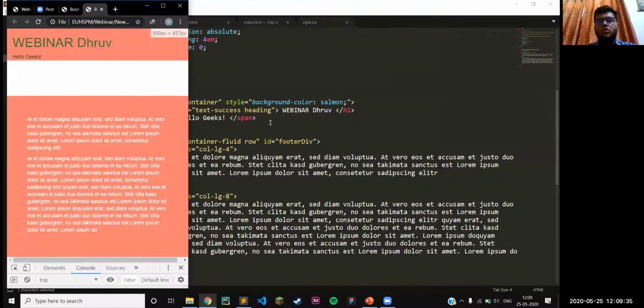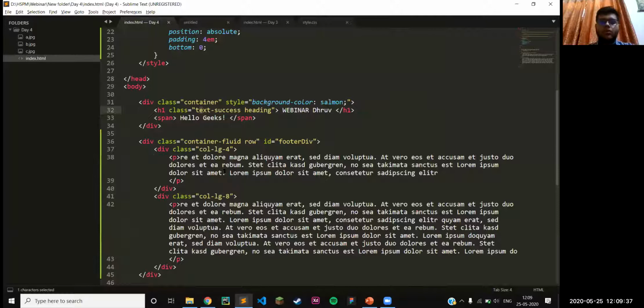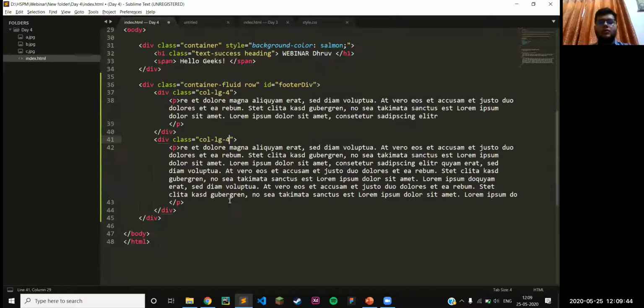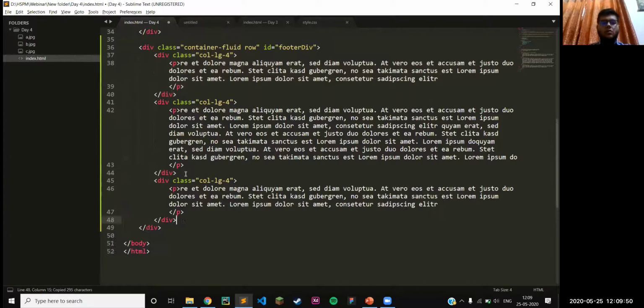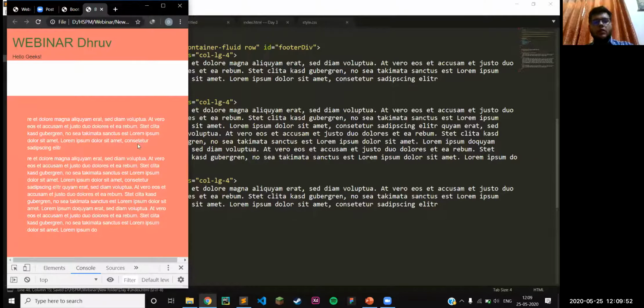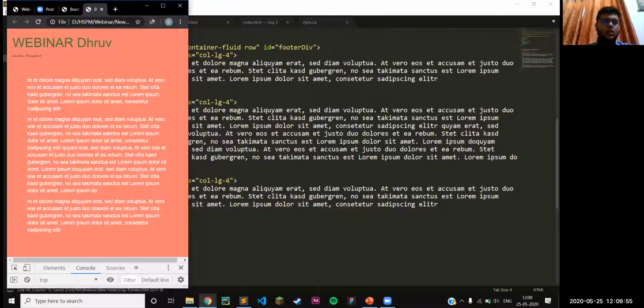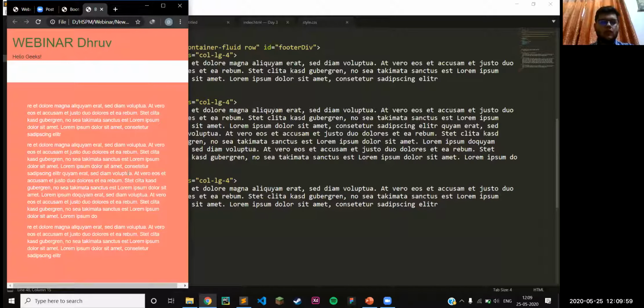This is how we use the Bootstrap grid. Okay, so let's do one more thing. We can change it from 8 to 4, and we can copy this div and paste it over here, and we can refresh this. You'll see that there are 3 divs appearing here right now.